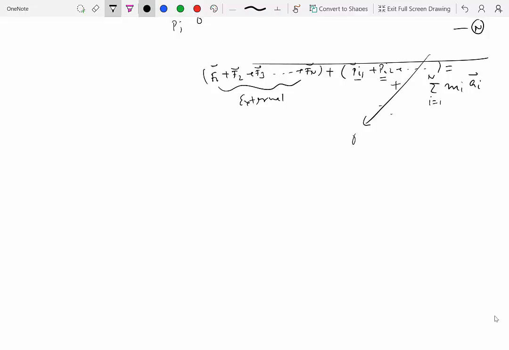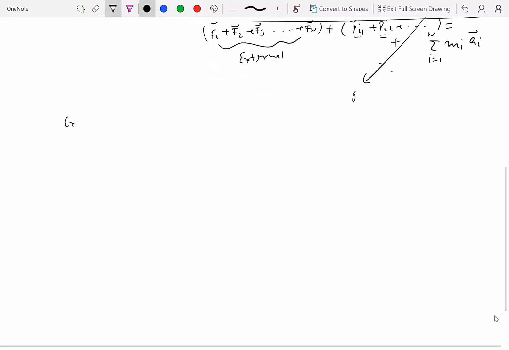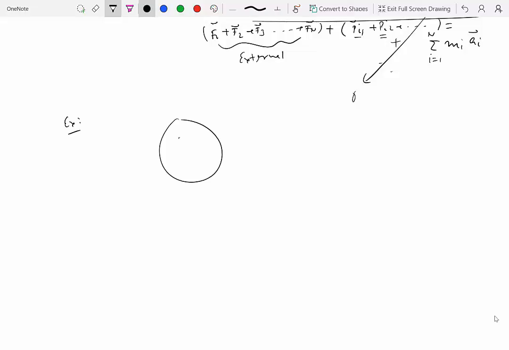So if you can't see how the forces are cancelling out, let's do a simple example for a two particle case. I have a system with two particles, P1 and P2. The internal force on P1 from P2 is P12, the internal force on P2 from P1 is P21, and P12 is equal to minus P21, because of Newton's third law. And you have external force F1 on this one and external force F2 on this one. So for particle 1, I can write F1 plus P12 equal to m1 times acceleration a1, and for particle 2, I can write this,